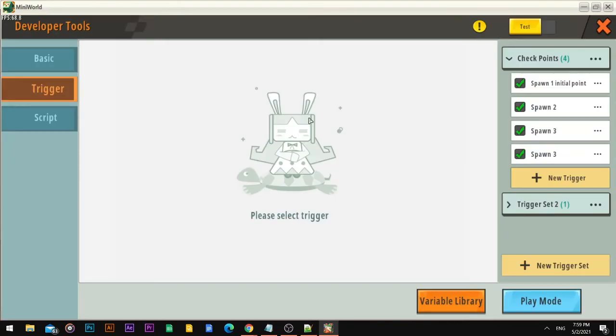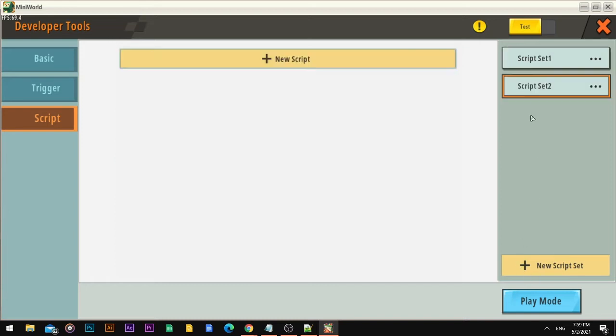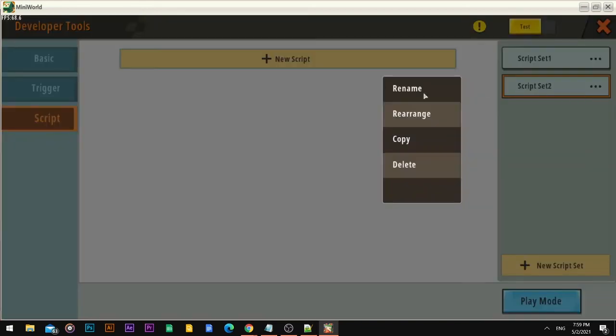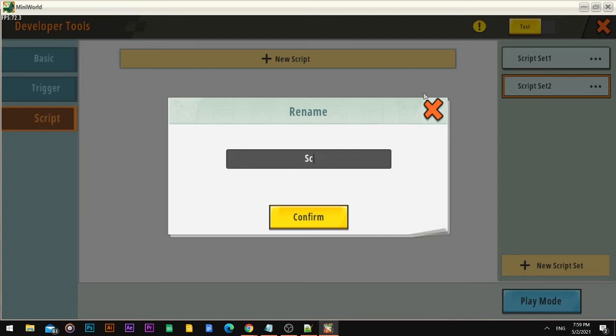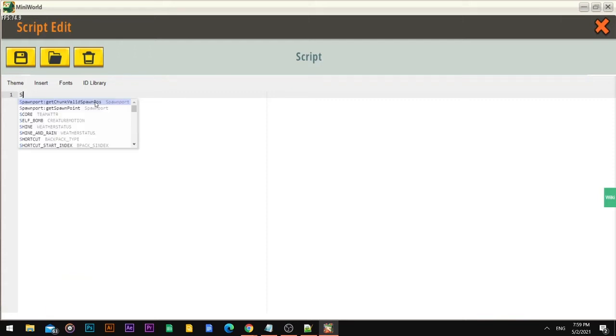We are going to need to actually create a new script. So switch to the screen window, create a new trigger set, because it's going to be important to have everything separated. Change the name for the script set. We are going to change it to skills. We are going to create a new script. We are going to delete everything, and we are going to start by creating our first skill. Once again, we are going to give a name. We are going to say skill optical cloak,